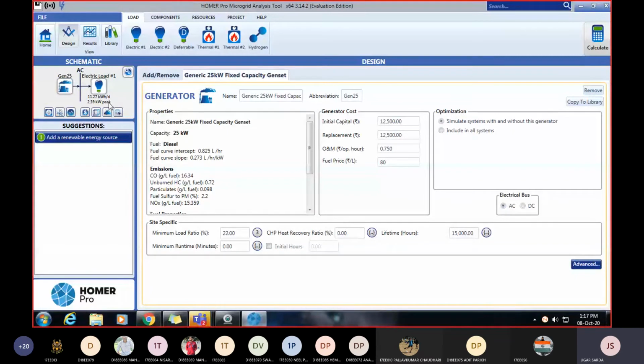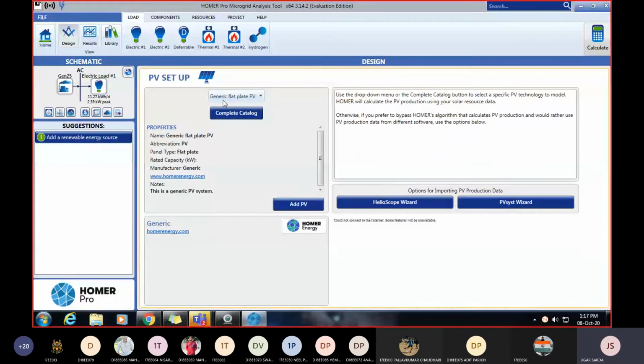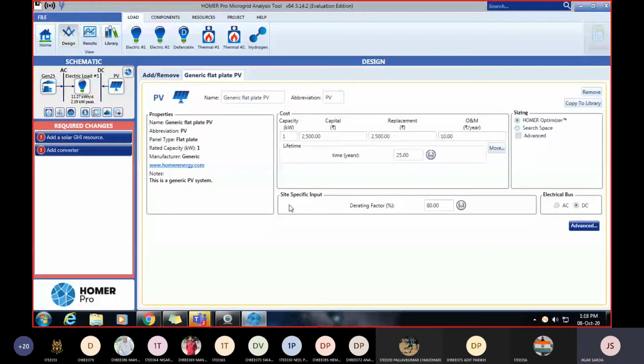So now we add the renewable energy source, right? Click on that, add a renewable energy source. Which type of source do you have to add? Generic flat PV, constant PV, Studer Variotrack. Normally we take generic flat PV, right? So select that and add PV. Its capacity is 1